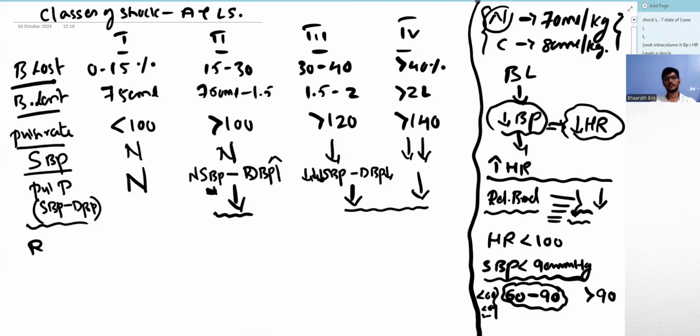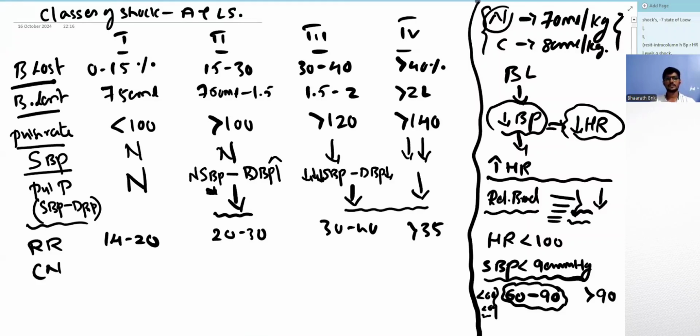Then respiratory rate. So here, obviously, it will be normal. Now, as the class of shock increases, the cellular perfusion reduces. So anaerobic respiration increases, more lactic acid, more carbon dioxide, more respiratory rate. So it will come anywhere between 20 to 30. So it can be 30 to 40. Here it is more than 35. All those systemic things that we discussed, they come here.